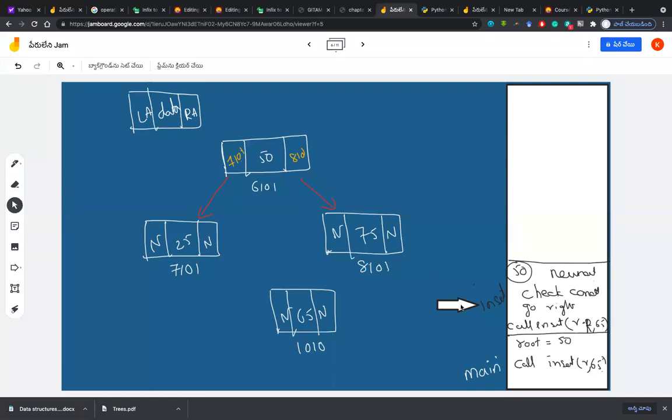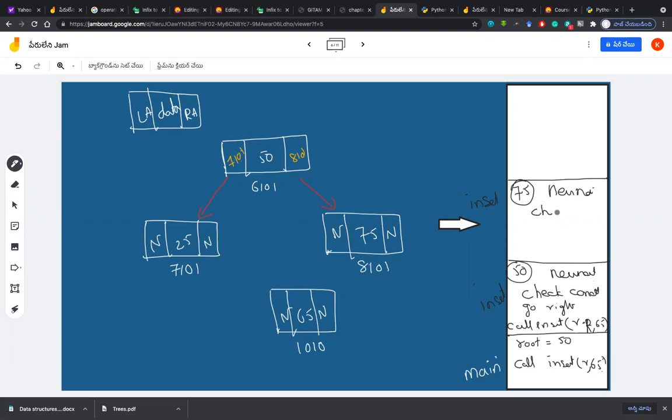Because the insert function is called again, let us again write the insert function. Insert. So this time what is the root that we are receiving? Can you tell me? 75, sir. 75, sir. 25 or 75? 75, sir. Yes, this time the root is 75 now in the insert. So what is the first thing that we are doing? We'll create a new node. Yeah, again create a new node. We have already created the new node, it's a redundant thing, but we will check anyway.